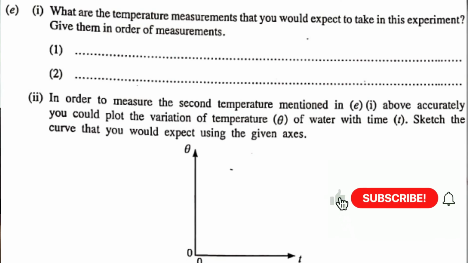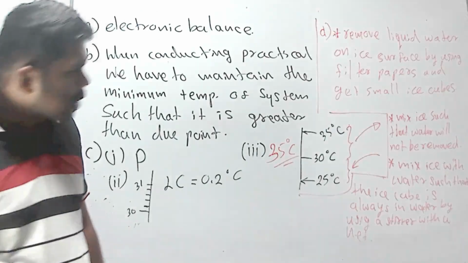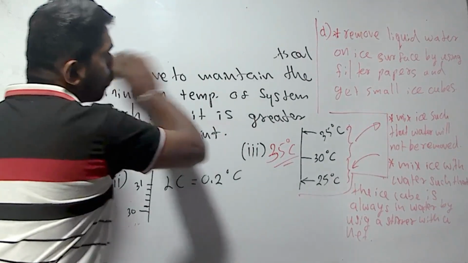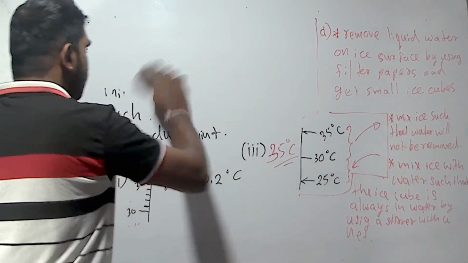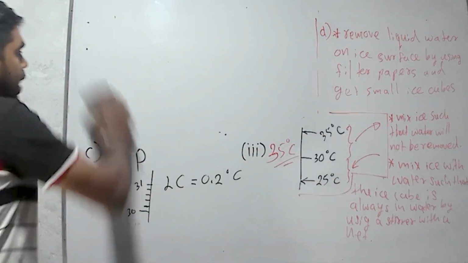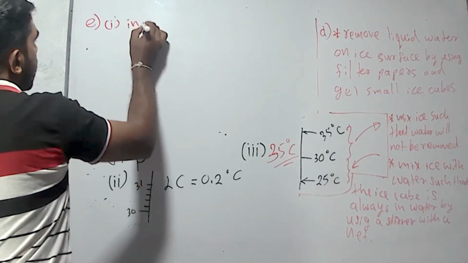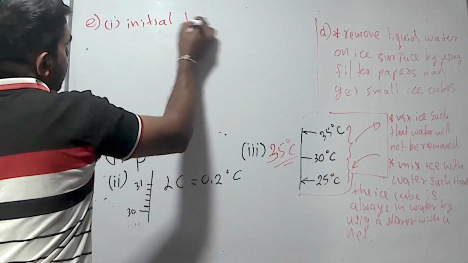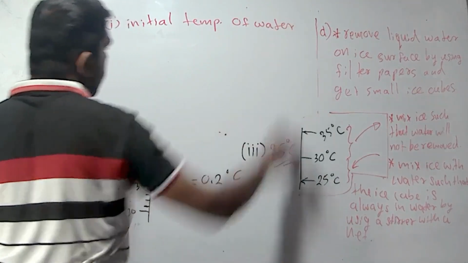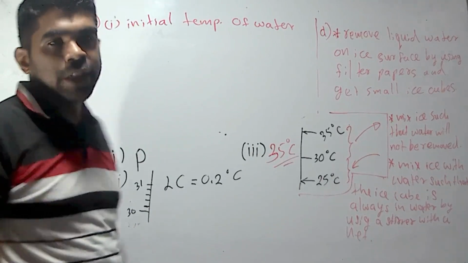Then part E. 1. What are the temperature measurements that you would expect to take in this experiment? Give them in order of measurements. First of all, we have to measure the initial temperature of water in the calorimeter. It means it is approximately 35 degrees. We have to select 35. Initial temperature of water. As the final temperature, we have to get